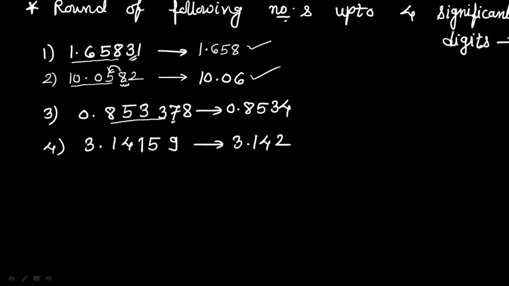Now here the four significant digits are these. The number which is greater than 5, therefore we add 1 and write down the four significant digits. Now 1, 2, 3, 4, here the next digit is exactly 5. In that case we observe the previous number. If this number is odd, then we add 1 here and write down the number, therefore here 3.142. In this way we round off the numbers by using these three rules for each and every problem of numerical method.